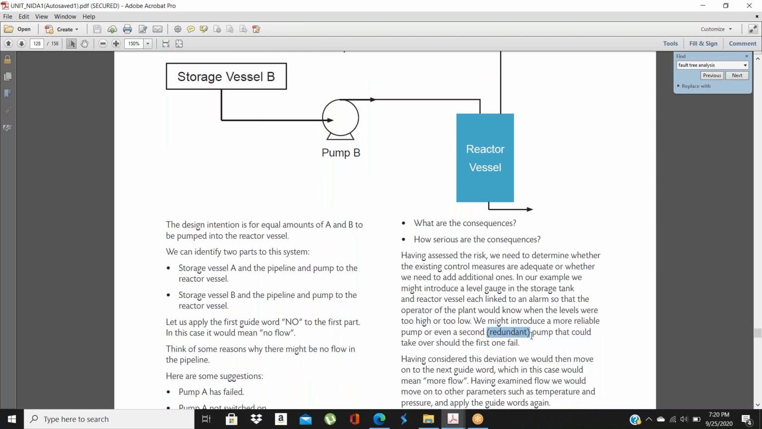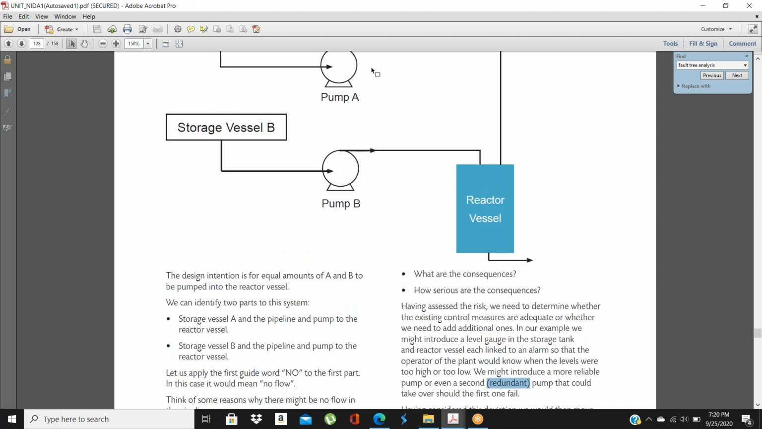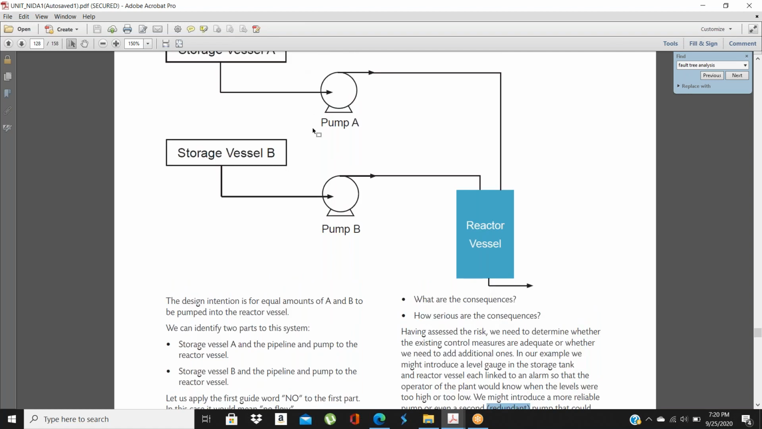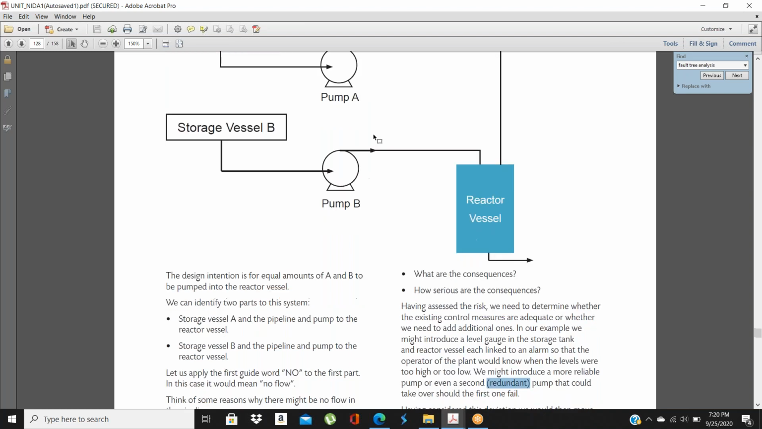Okay, yesterday we discussed what redundancy is. So this is redundant: if we install another pump, that is called system redundancy. So the probability of the failure of this system will reduce. Okay,